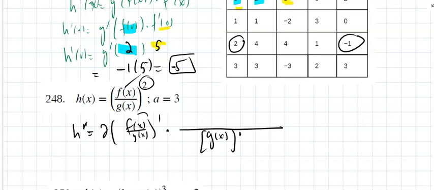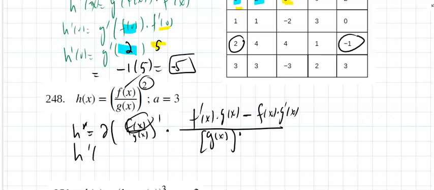And then it's going to be derivative of the top times the denominator minus the top times derivative of the denominator. And if I evaluate all of that at 3, I'm looking at twice f of 3 divided by g of 3